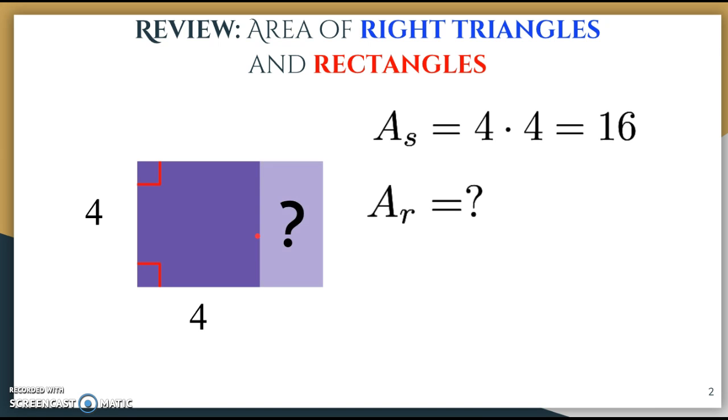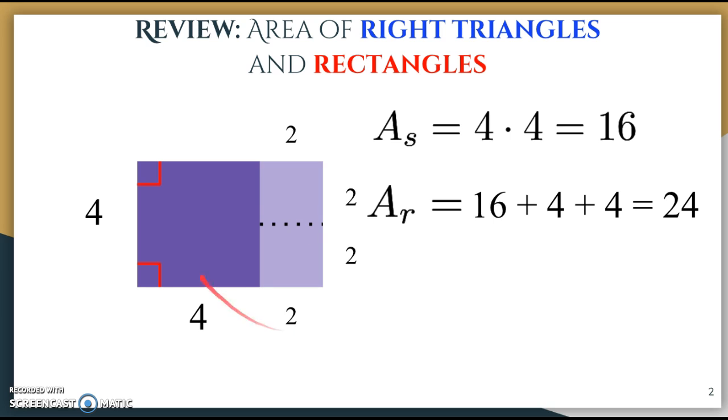How do we determine the area of a rectangle? Well, one way we could figure this out is we could take this extra piece and turn it into 2 squares. So let's do that. Let's put a little line here to divide it in half. And this ends up being 2 by 2 and 2 by 2 again. Or 16 plus 4 plus 4 more. Each one of these is worth 4, this is worth 4, and this is worth 16, which comes out to